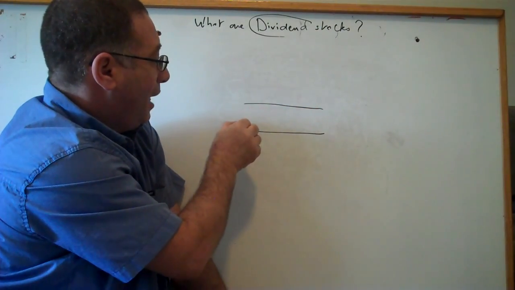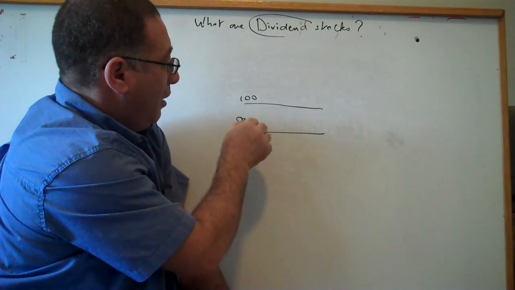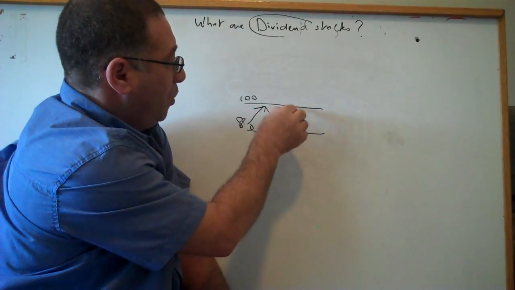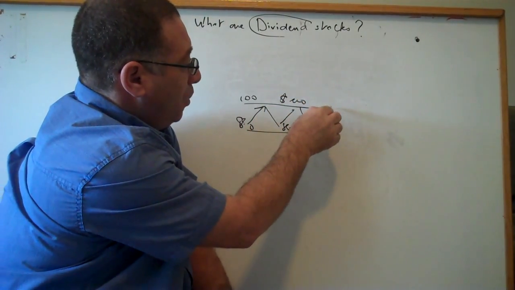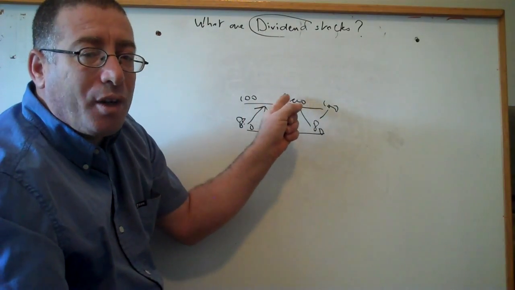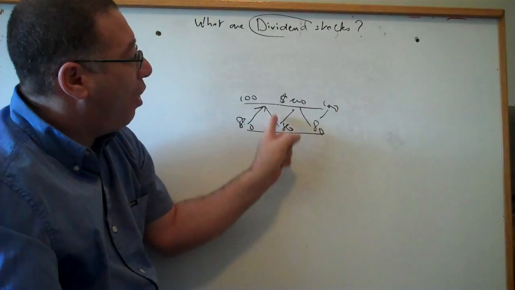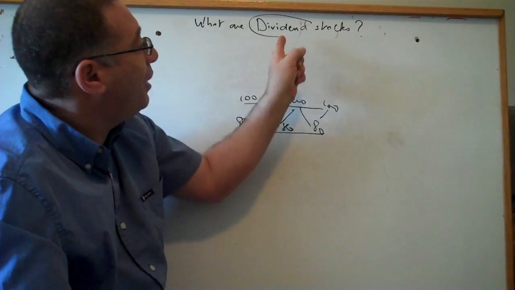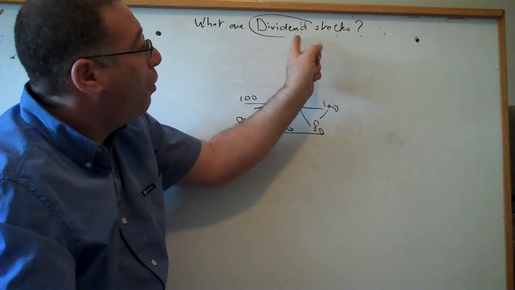Now, what I suggest for these dividend stocks is you look for stocks that are having a range. For example, let's say it goes to 100, then to 80, it goes to 100, it goes to 80, it goes to 100. This is just an example. Your stock, before you buy it, you see that the stock is always going into a range. Now what you do, for me, if I want to buy these dividend stocks, which I don't buy dividend stocks, what I should do,